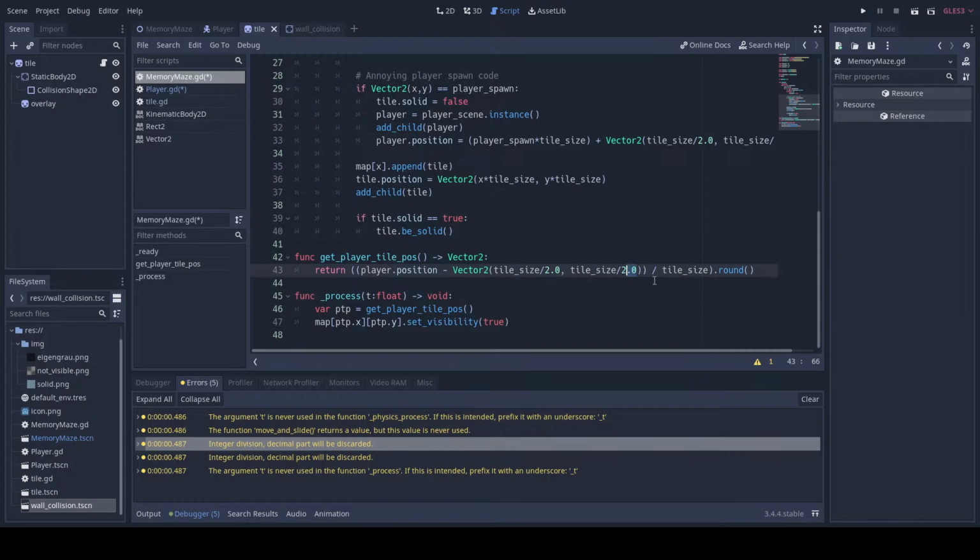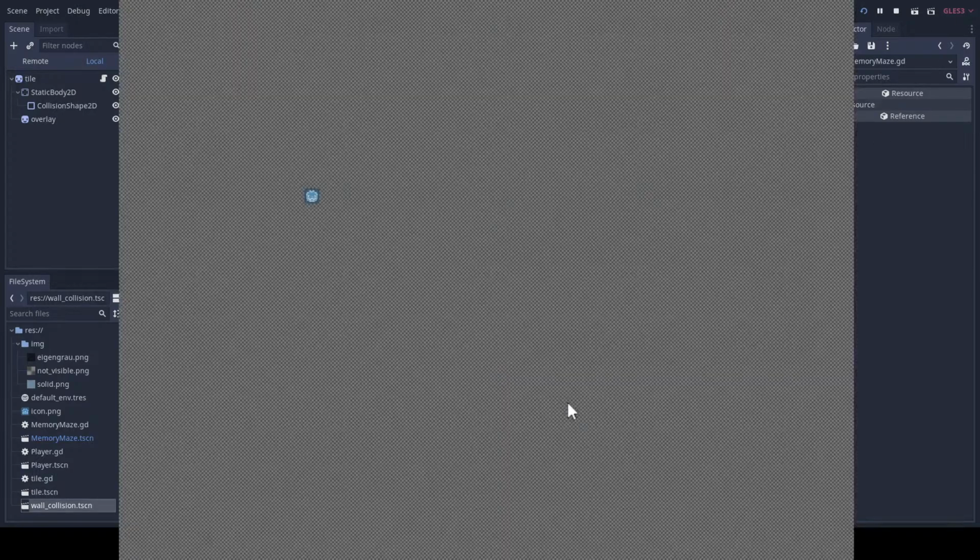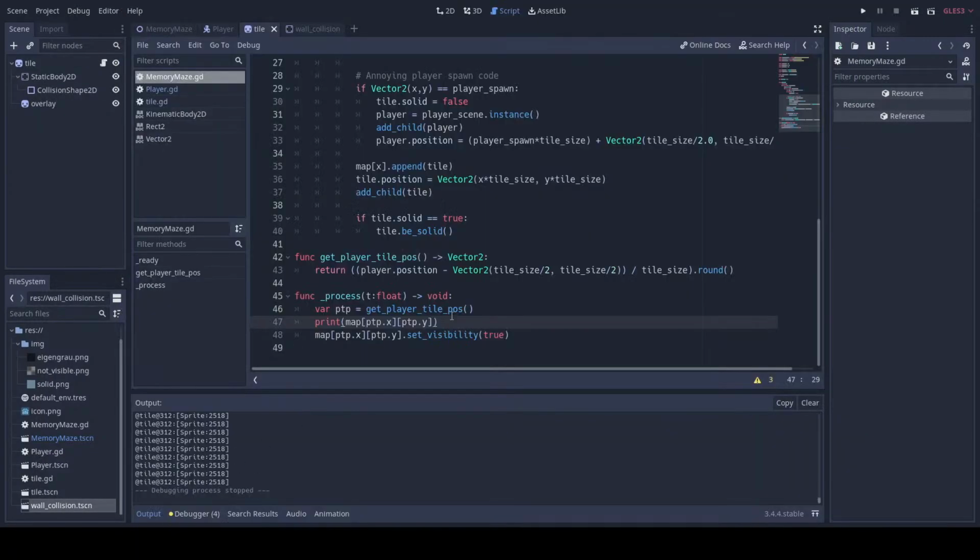I don't care about this integer division warning either. Alright, everything's fine except we need to figure out what is this. Okay, so we're correctly grabbing the tile. So when I call set visibility,